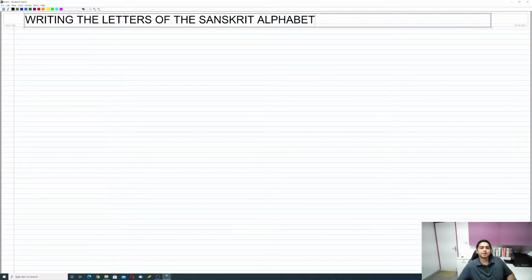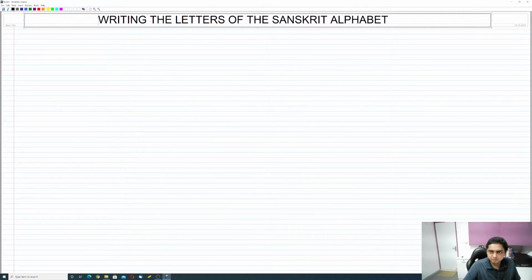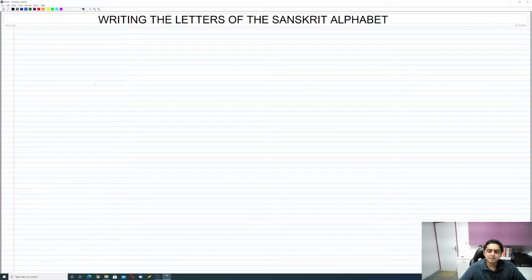So we are going to write the letters of the Sanskrit alphabet. That is the title of this tutorial. So let me begin by saying the first group of letters are called the swaras. There are 13 swaras, and they are divided into two types. One is Hrasva swara and the other is Dirgha swara. I will explain to you what they mean. So let me start with the first letter, which is